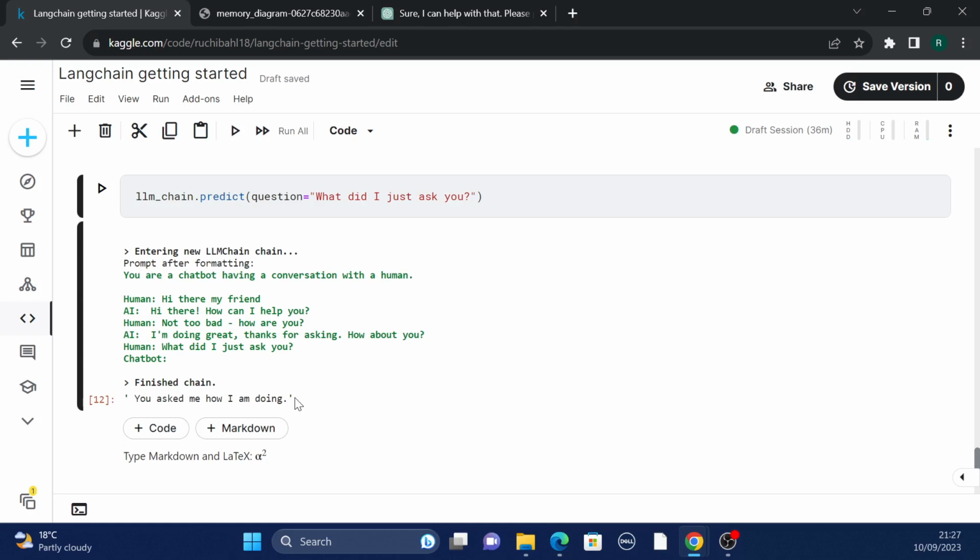Okay. So that was all about memory, guys. There are a lot of things in memory, and we are going to use this in our future videos. But for now, I just wanted to introduce you to the concept, so you guys can be familiarized with it, and you can do your own hit and trial with it.